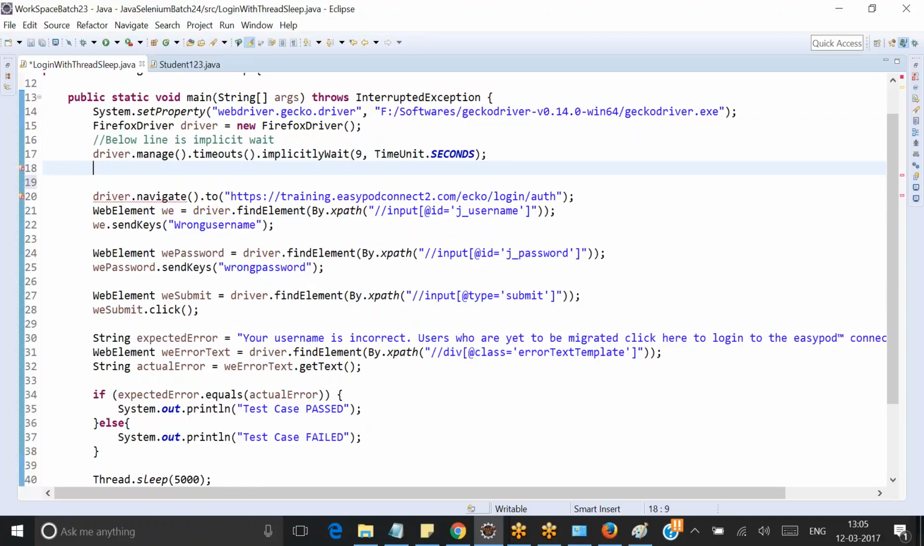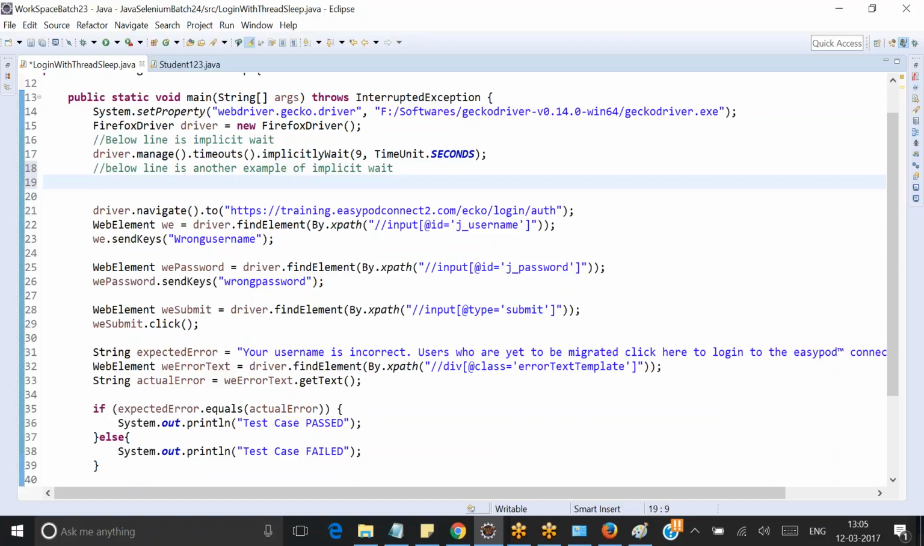Page load timeout. It is also one of the kinds of implicit wait. It is the same as implicit wait, but it is page load timeout. What is this page load timeout, guys? Page load timeout is, say